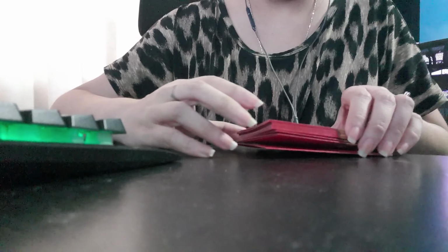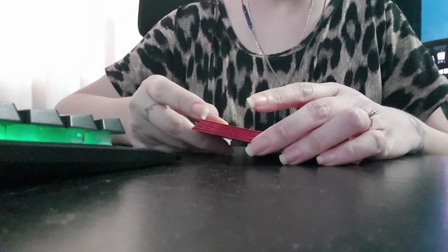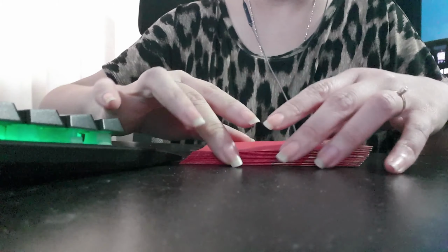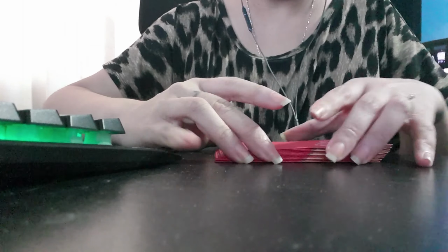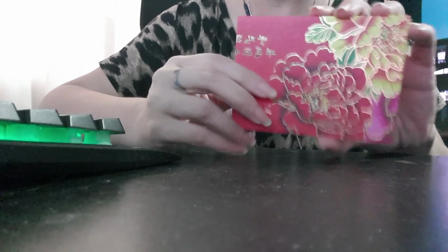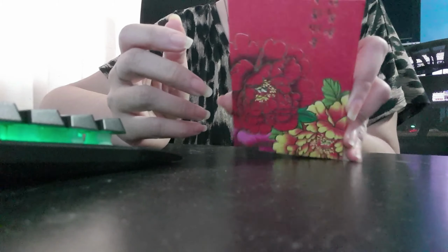Hi everyone. So I guess I'm going to try something that I've learned when I was in school. Since Chinese New Year is right around the corner, I am going to try and make a lantern using red packets. So what I actually usually use is 12 red packets of the size,